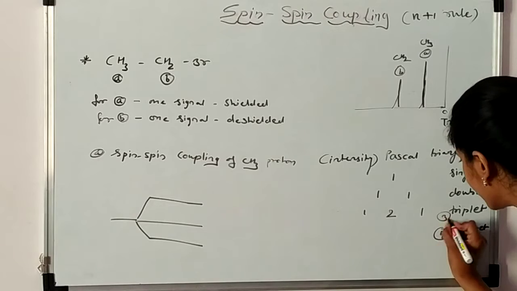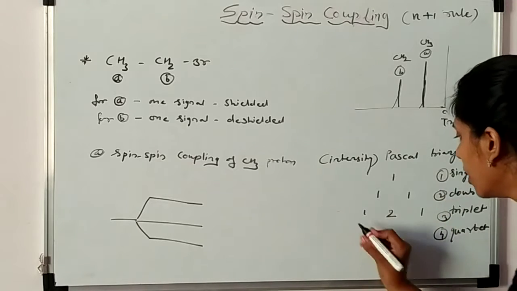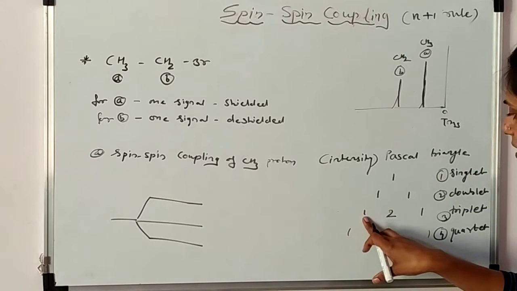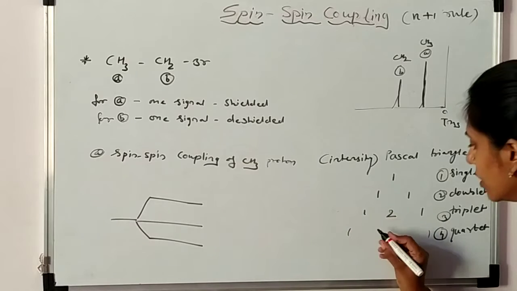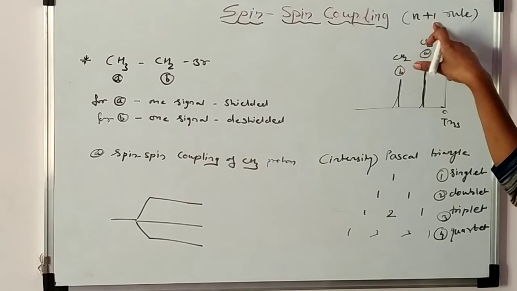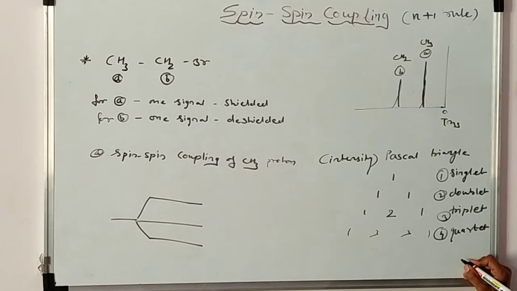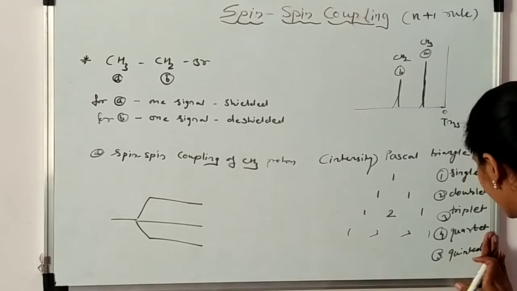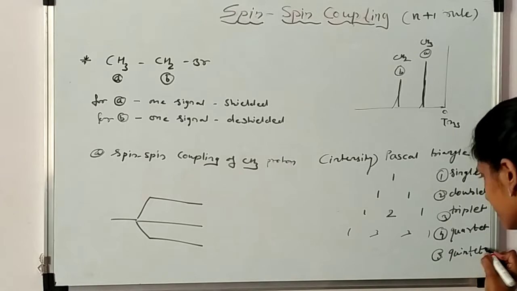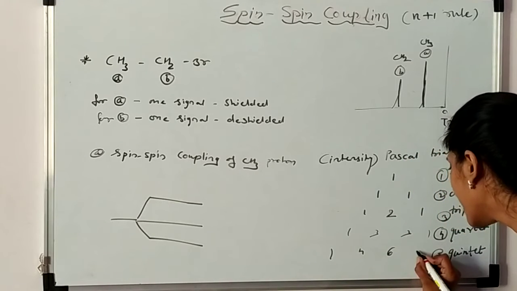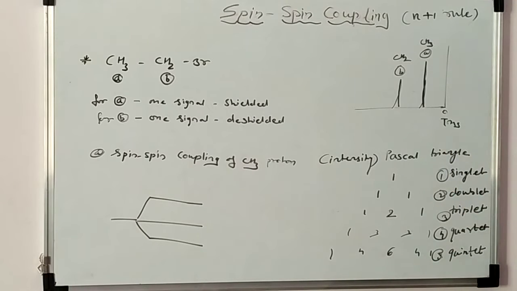For 4: 1, 3, 3, 1 here. So in the Pascal triangle, 1 right here in the corner, and add these entries, left-hand side and right-hand side. 1 + 2, 3, write down here. 2 + 1, write down here 3. Next, 4 + 1, 5, so the quintet. Here we write quintet: 1 + 3, 4, 3 + 3, 6, 3 + 1, 4, 1. You write it down like this: quintet, sextet, septet, octet.